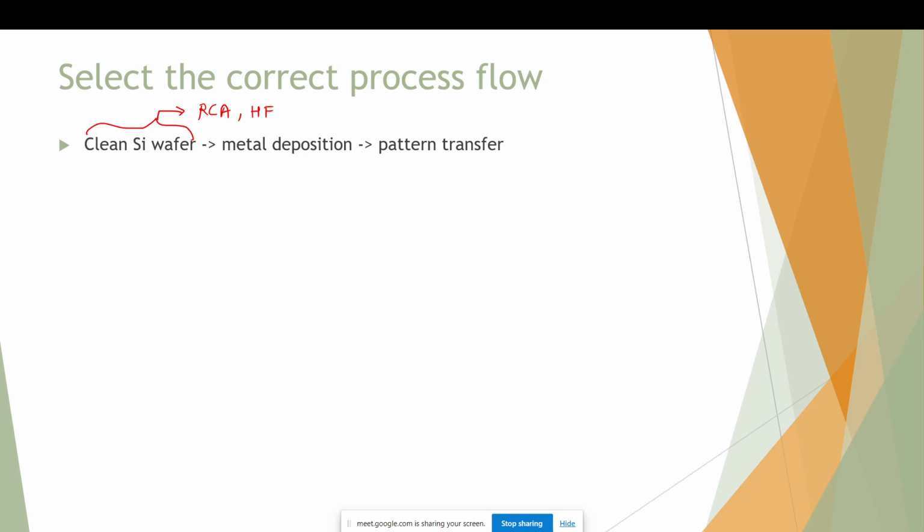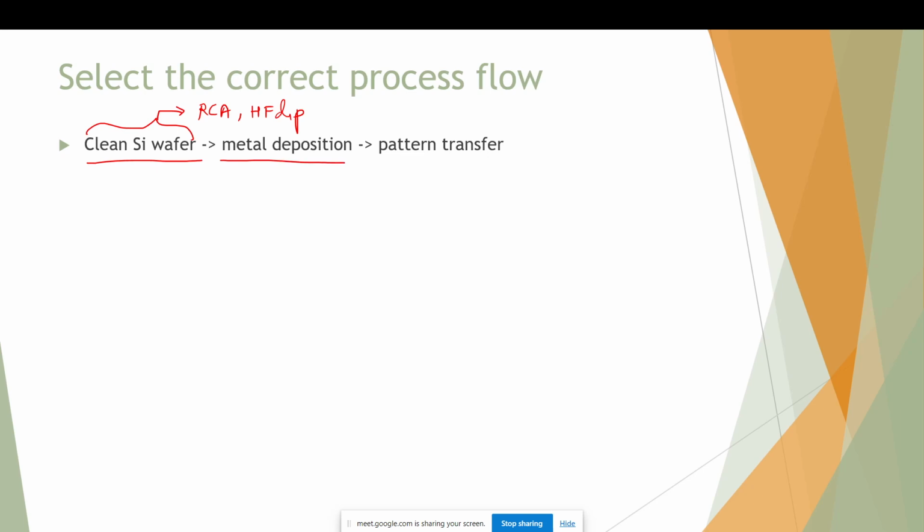So we know that RCA 1 can do organic contamination cleaning, and RCA 2 can do metal contamination cleaning. But these are oxidizing steps, so there might be some oxide that forms on the top layer of the silicon, so we use an HF dip. That will come in the later part, but for now,